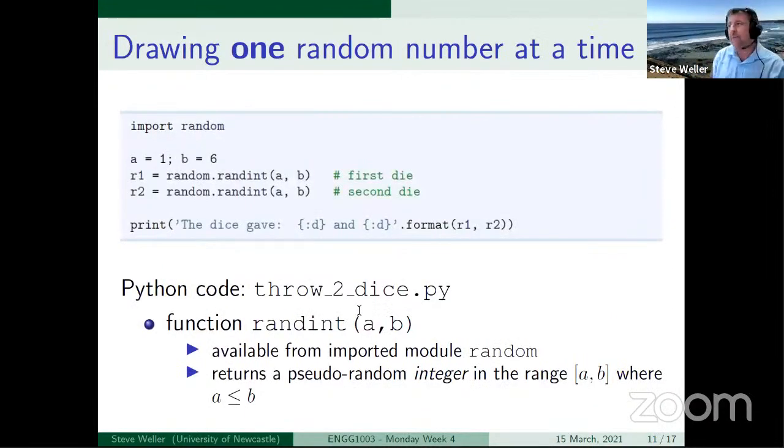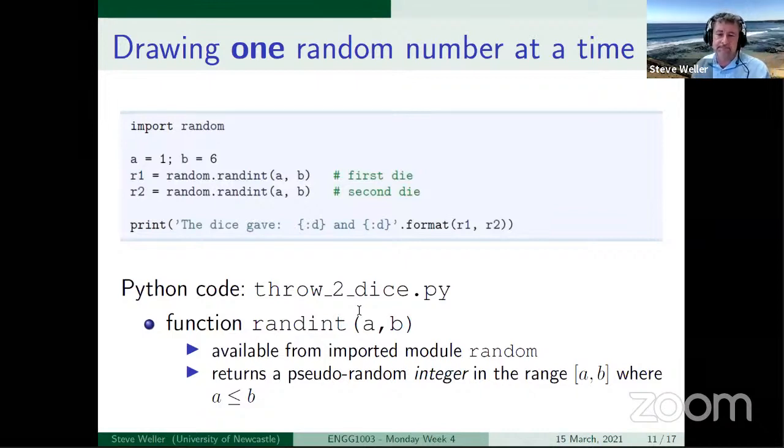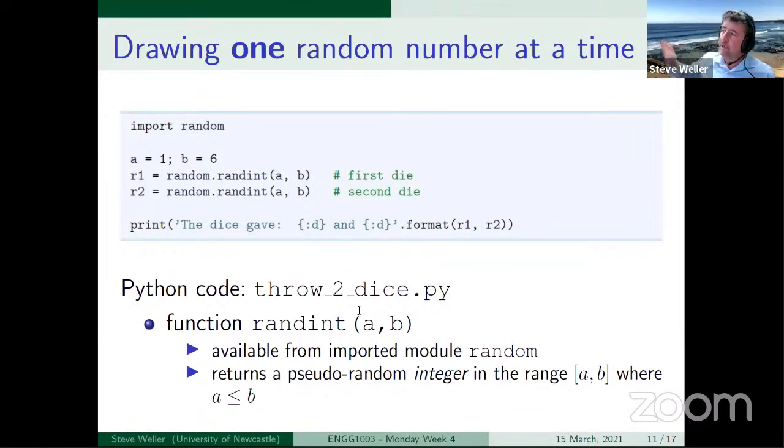So let's start with the simplest possible generation of random numbers. We say we're drawing one random number. It's simple in two senses. One is, for the next 10 or 15 minutes or so, we're going to be talking about generating one random number at a time. There'll be cases later where we'll want to generate many. I'll do them in 20 minutes' time. It's simple because we only want to generate one random number at a time.